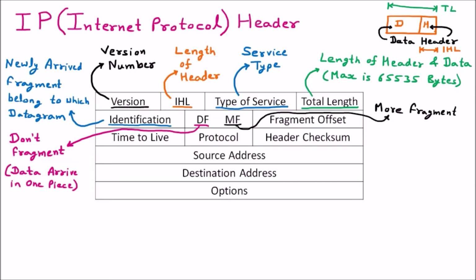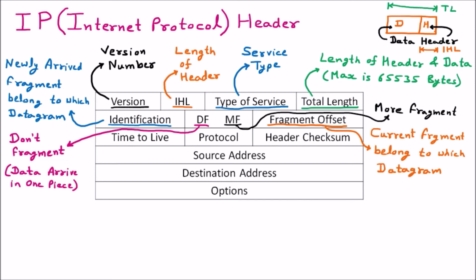So now this is the next field, which is fragment offset. Fragment offset says which datagram the current fragment belongs to. So here we have the fragment offset. Whenever we have more fragments, we need this fragment offset, so that when multiple fragments are there, we can identify which specific datagram the current incoming fragment belongs to. That field is going to identify that.